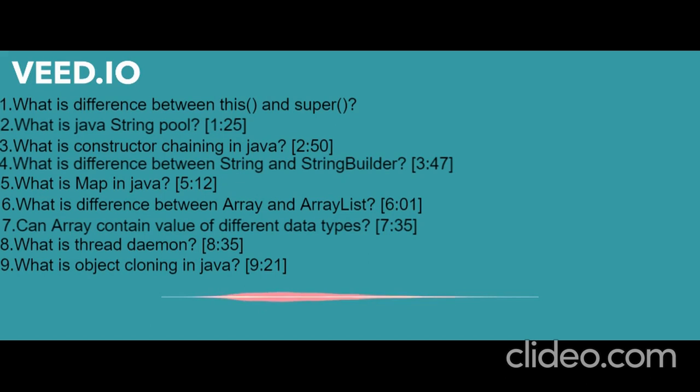And what is the Java string pool? What do we call this term? Okay. So what happens, whenever we are going to create any new object, in string we can create this new object using the new keyword, but that will actually store those new objects inside the heap memory, so that is not a good approach, right?